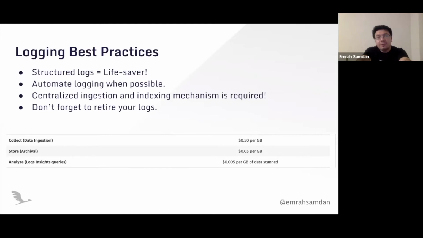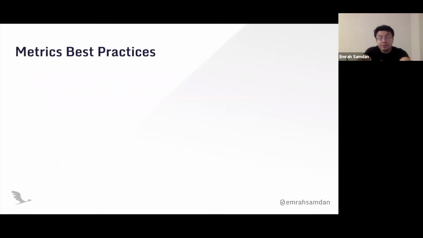But when you think of a highly available serverless application, which makes maybe millions of requests and invocations per month, you can actually face a really big problem in terms of CloudWatch logs. And I know many cases where the CloudWatch logs cost is much higher than the Lambda cost in your AWS bill.